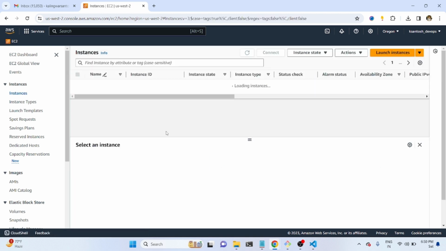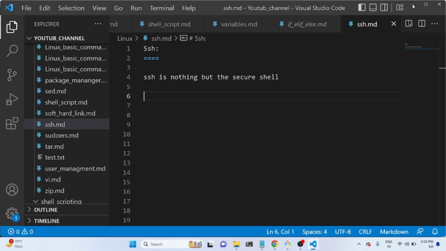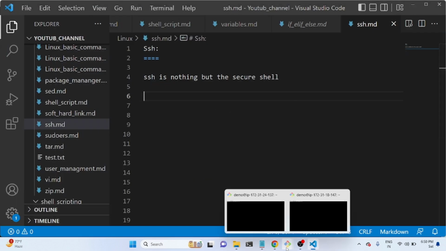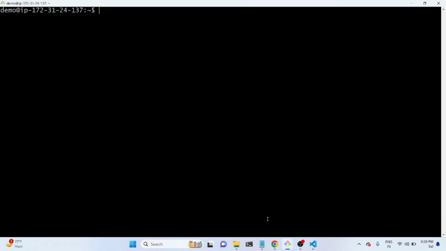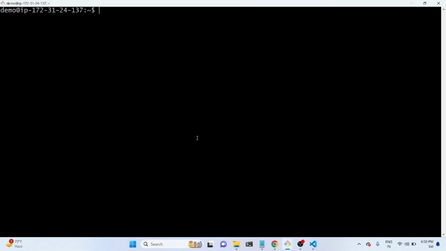Here you can see I have created two servers. One is demo and the other is SSH demo. These are the two servers. Now I want to log in to both servers. I have logged in to both servers using Git Bash. So I'm in the first server, the demo server. The demo server IP address is